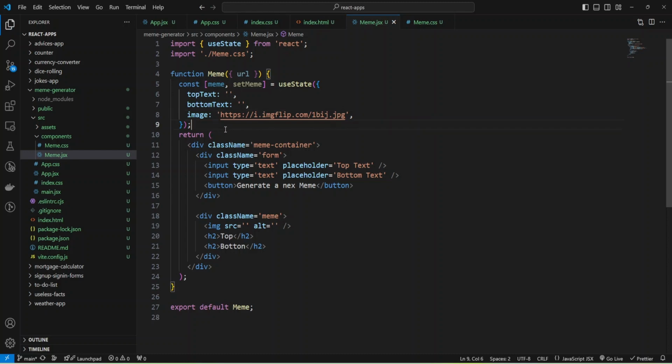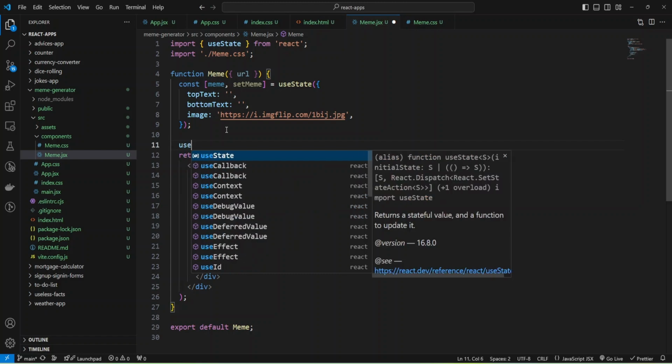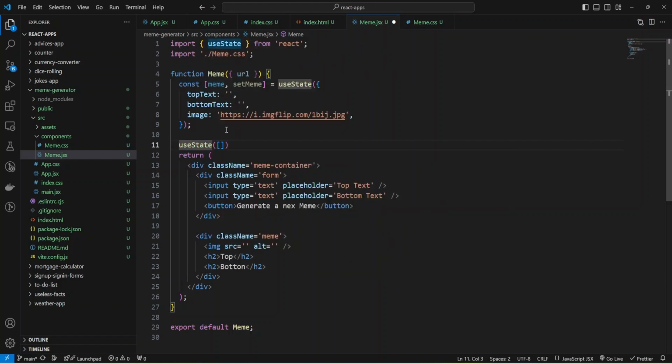Okay, and also we need state for all memes, and I'm going to use state with empty array and assign the response of use state to variable all memes, and also set all memes.